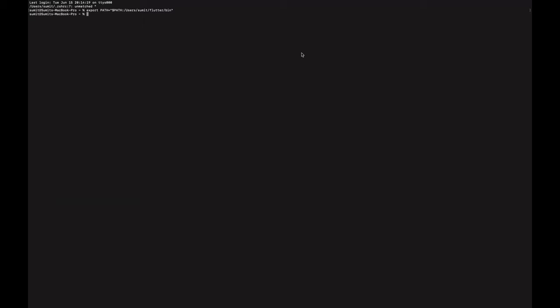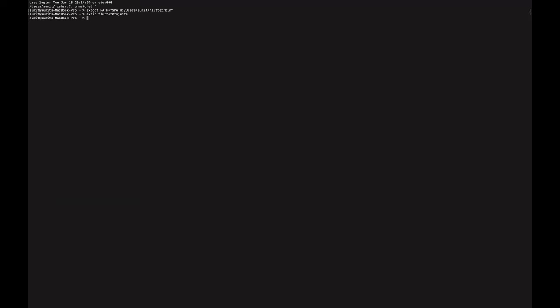To create a Flutter project using a terminal. So let's start. First of all, we need to create a workspace directory using a mkdir command. We can take the name of a workspace. We are taking Flutter projects.